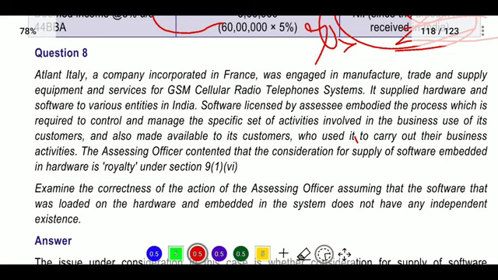Software licensed by the assessee embedded the process which is required to control and manage the specific set of activities involved in the business use of its customers, and also made available to its customers who used it to carry out their business activity. The assessing officer contended that the consideration for supply of services embedded in hardware is royalty under section